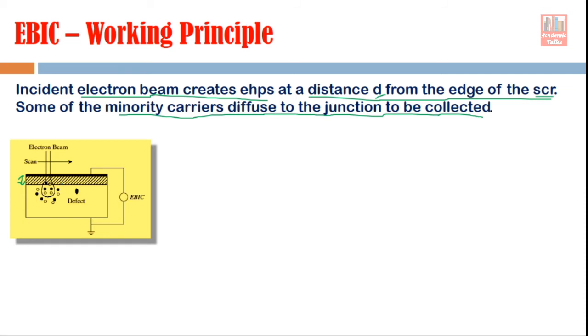So we have to ensure how close we need to be to the edge of the space charge region, so that whatever carriers are generated, we are able to collect them also.